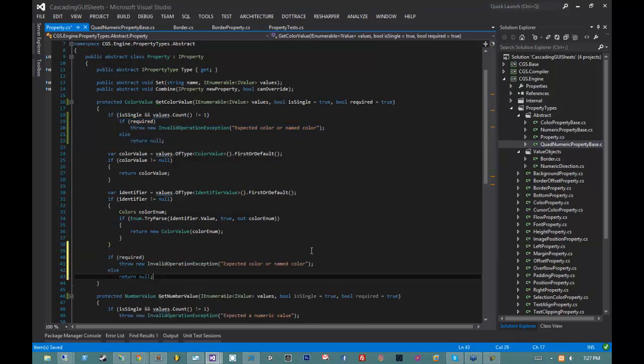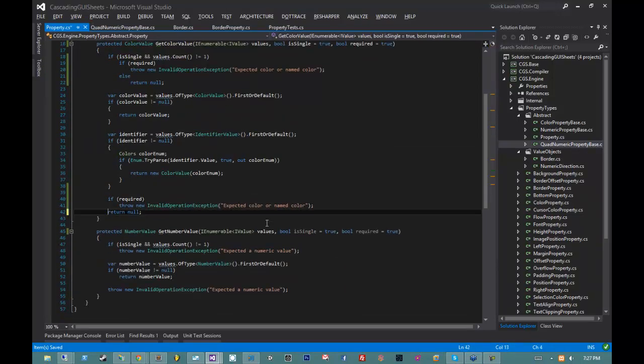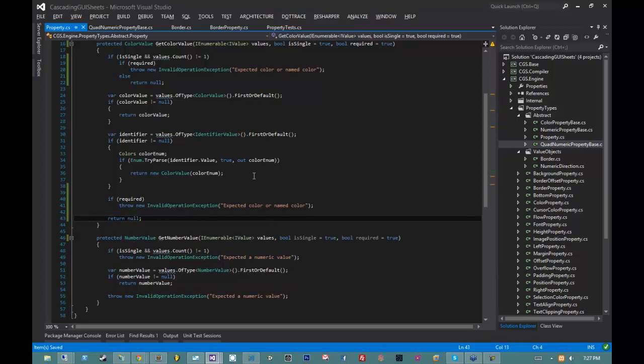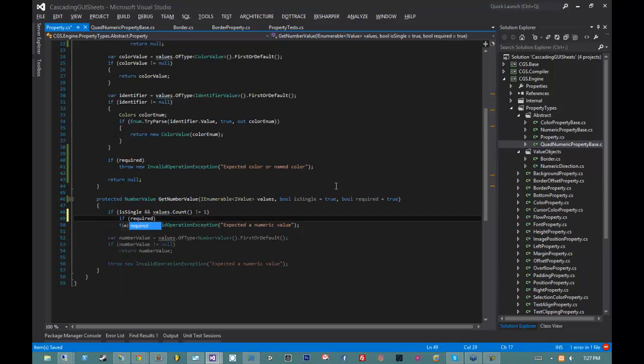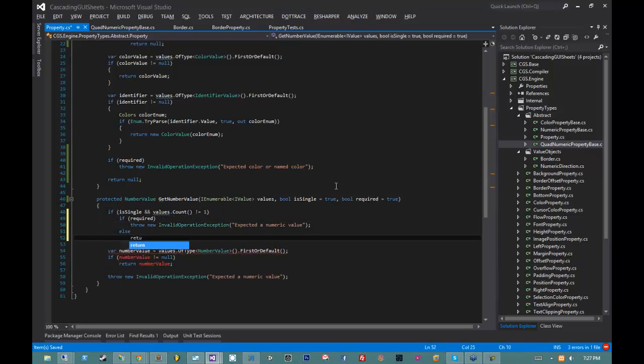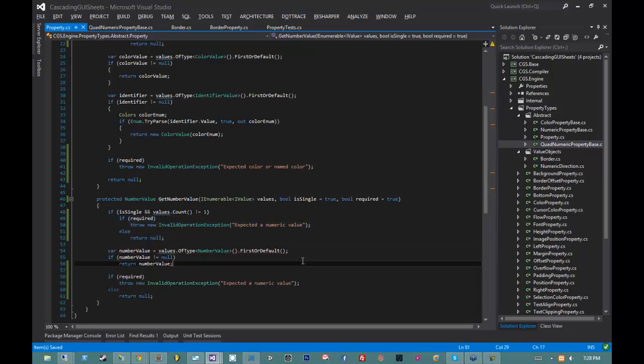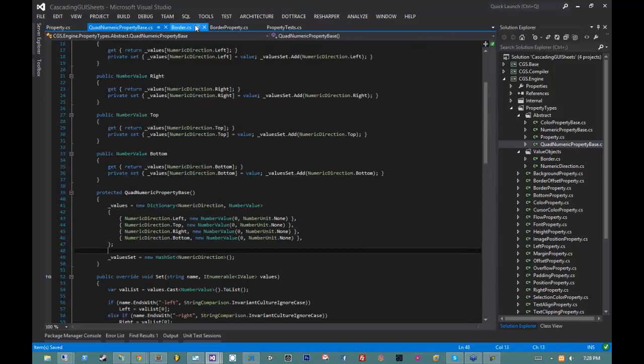So I can go ahead and copy and paste that. And that's all good. If it's required, it throws an error. If not, returns null. And then I'm going to do the same thing here. If it's required, then throw an error. Otherwise, return null. Okay, so now I can set these as not required, which will be good